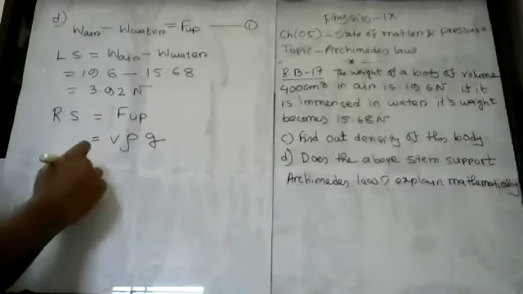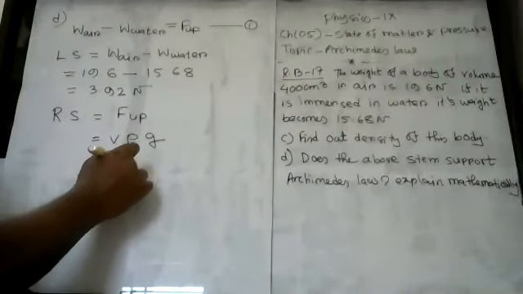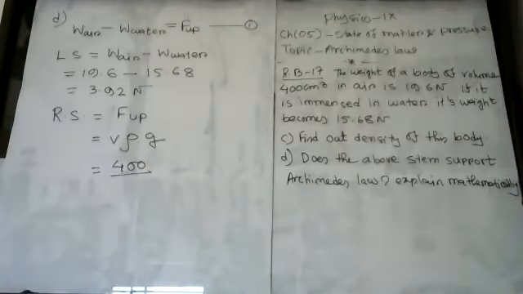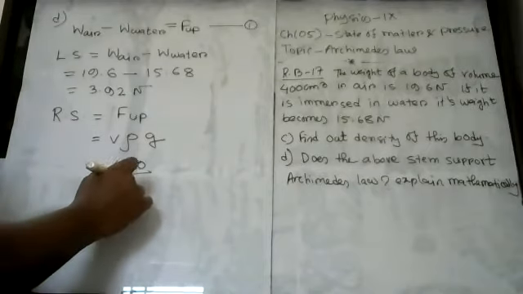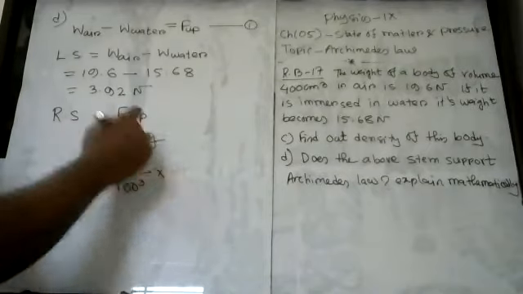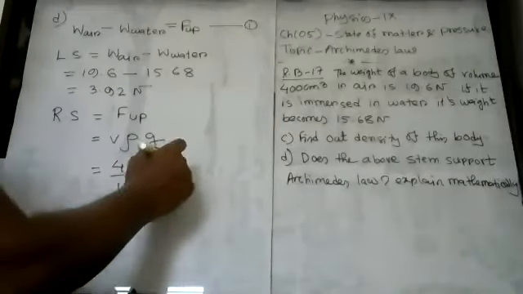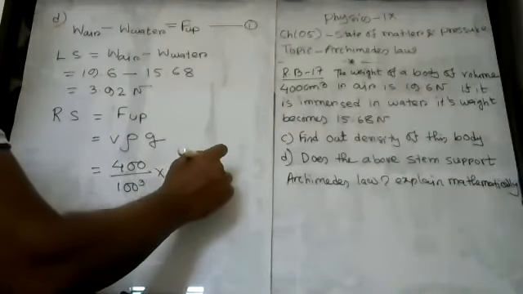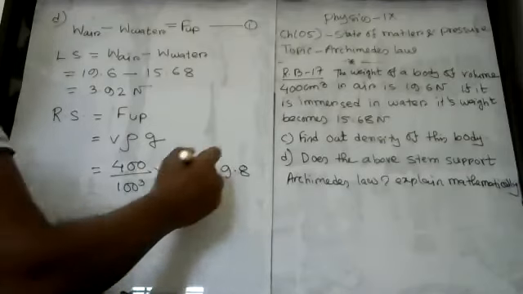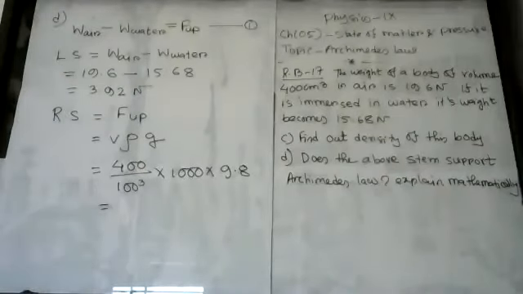So here volume V equals at first 400 centimeter cube. How can I convert this 400 centimeter cube in terms of meter cube? So divided by 100 cube, multiplied by density rho, my dear student. Density rho is nothing but 1000 kg per meter cube. And then G equal to 9.8. So what is the buoyancy or weight of the displaced liquid? I repeat, my dear student, what is the buoyancy or weight lost by the liquid?